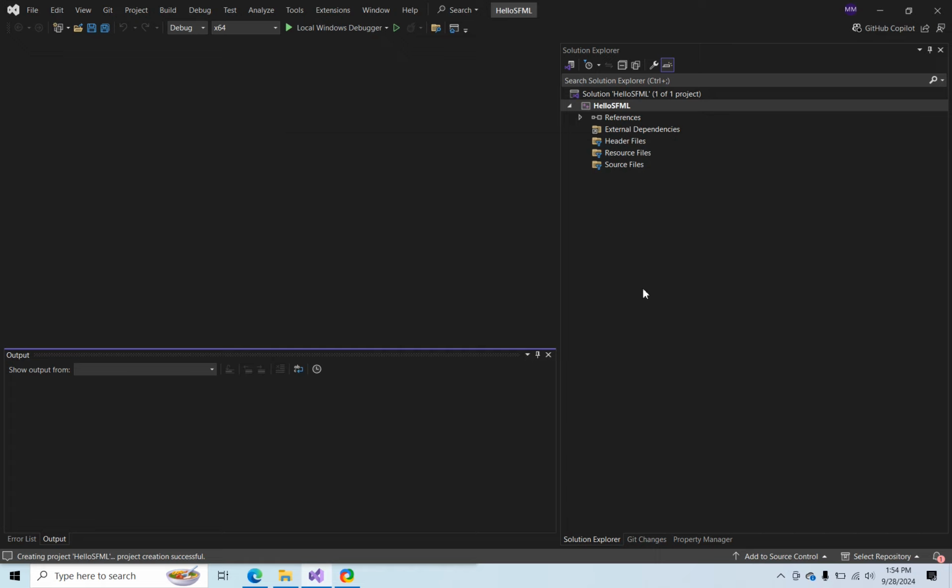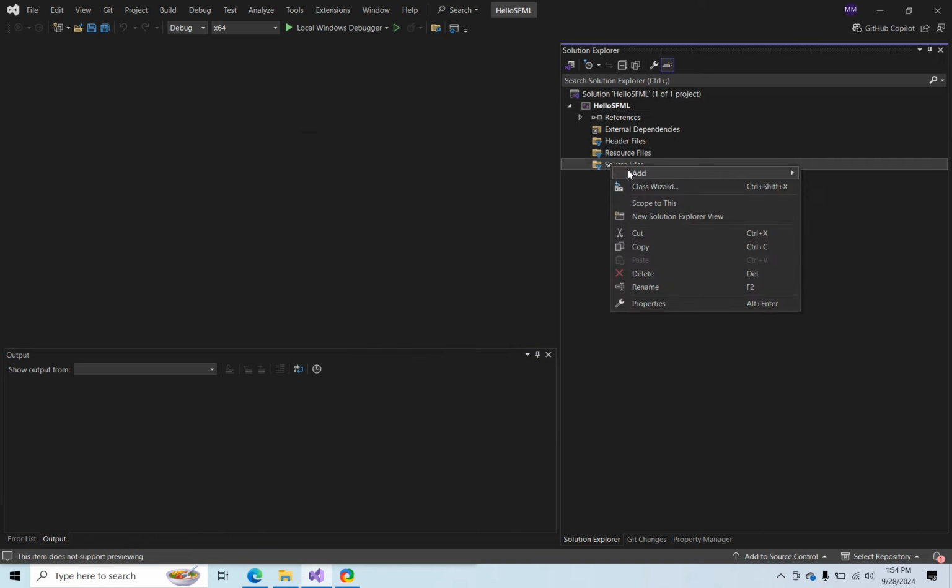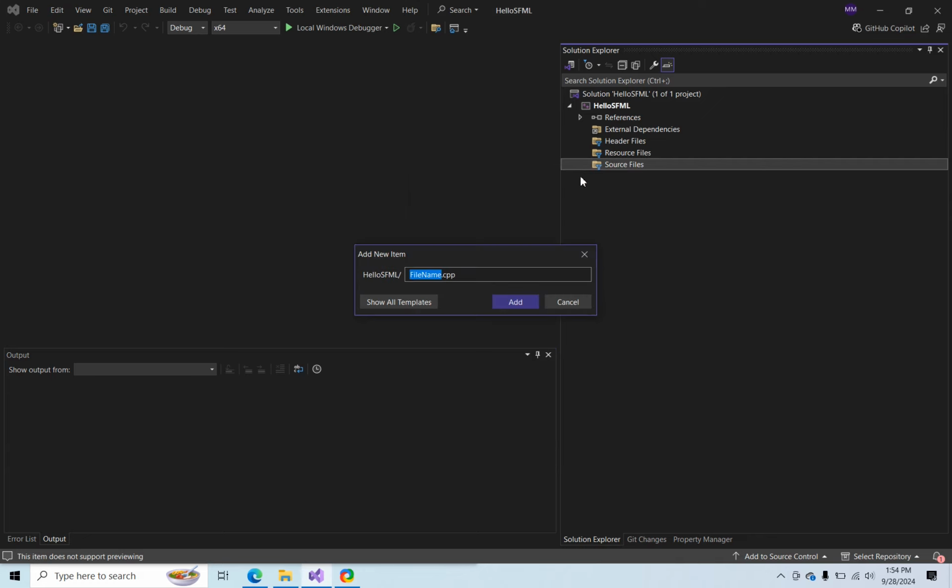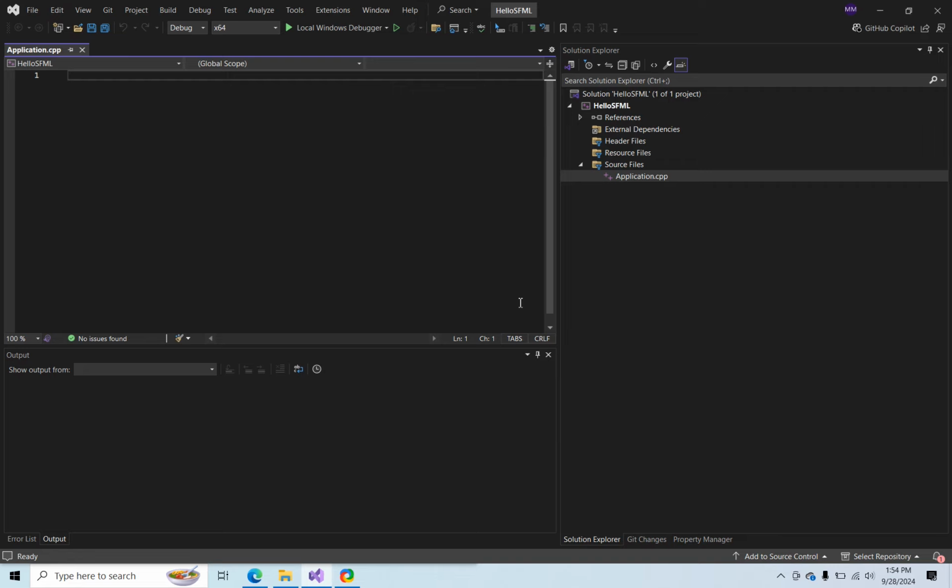The next thing I want to do is add a source file where we'll put the code for our Hello World app. So right click where it says Source Files and add New Item, and we'll call it Application. Add. Now let's go back to the SFML website and download the code that they have for a Hello World